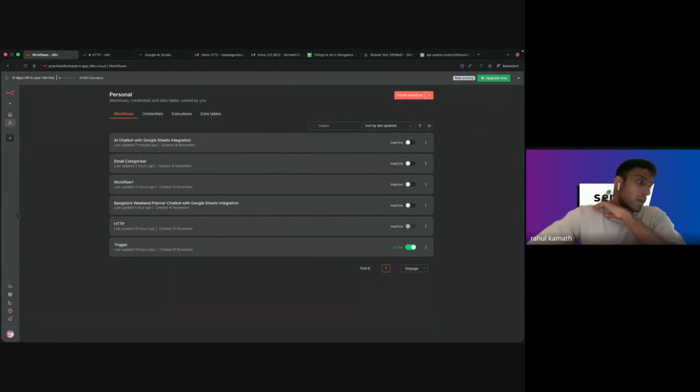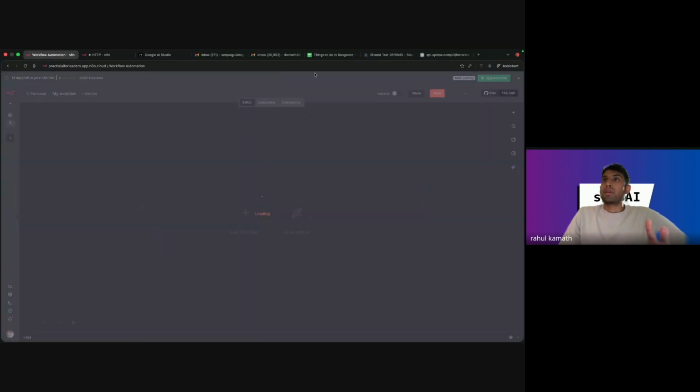So the idea here is we will create a chatbot connected to this Google Sheets, and it will help you plan your weekend based on the type of activities you want. All you need to do is hit create workflow. Now you have the empty canvas.